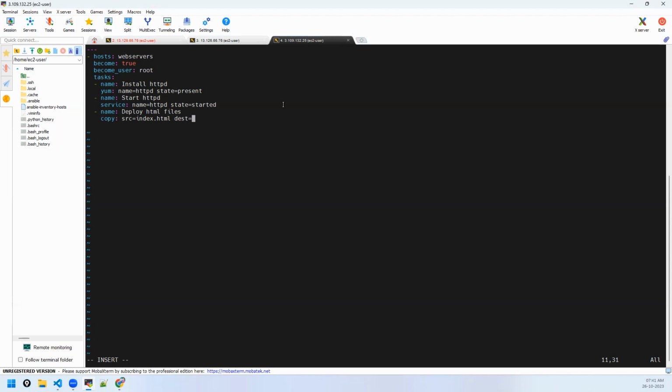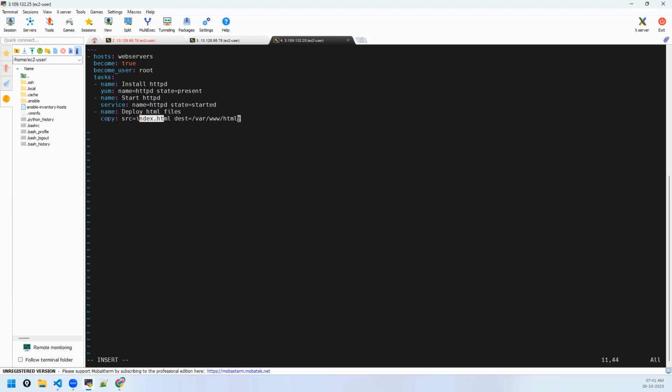Destination is going to be on the target machine. So whenever you install HTTPD, it would be var www html, right? So copy is another module which will copy from the host to the target machine, right? This is the host, means in the same directory, if you put index.html, it would be copied onto the destination,